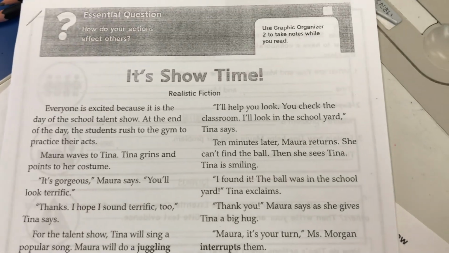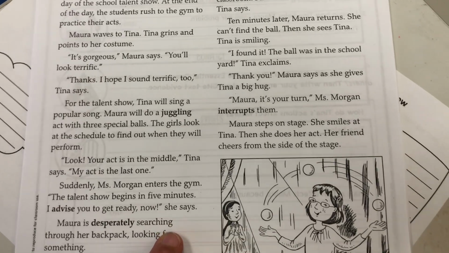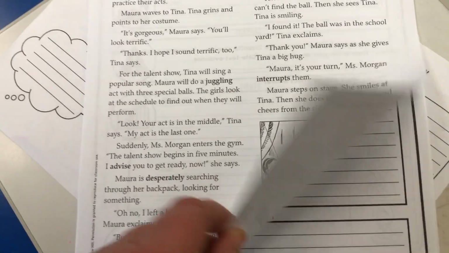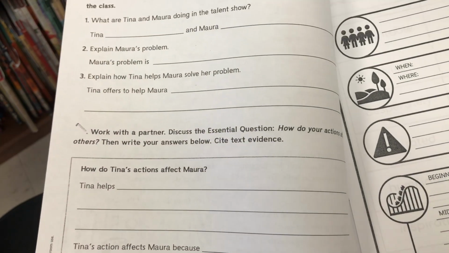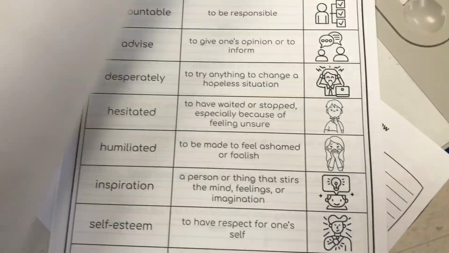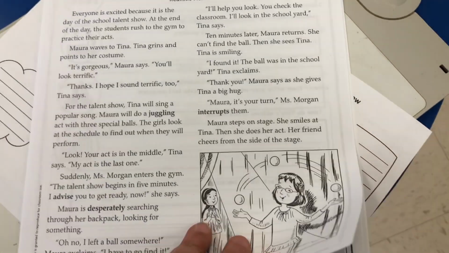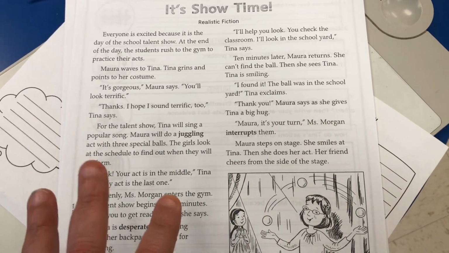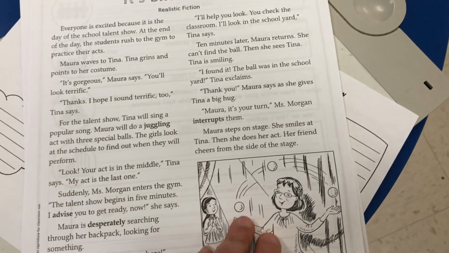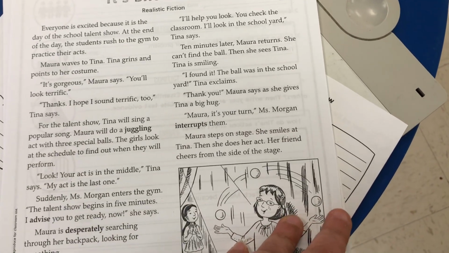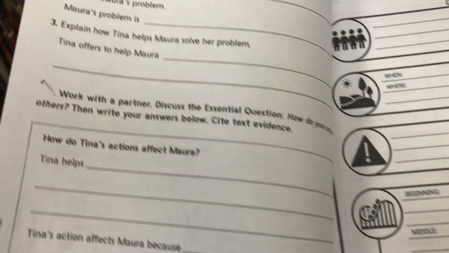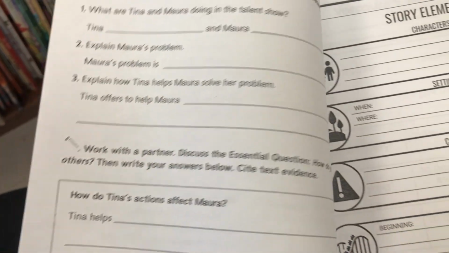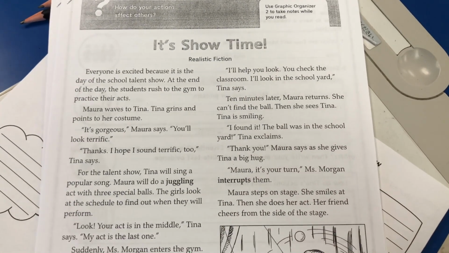For my regular students, they have, again, a similar passage. It's the same story, it's just differentiated. And then they have questions, some of which are scaffolded. They will fill out the same graphic organizer and, of course, complete the same vocabulary practice. My advanced group does have a similar passage, it's just a little bit more advanced, and their questions are not scaffolded. So they're asked questions, and then the students need to answer them on the blank spaces.